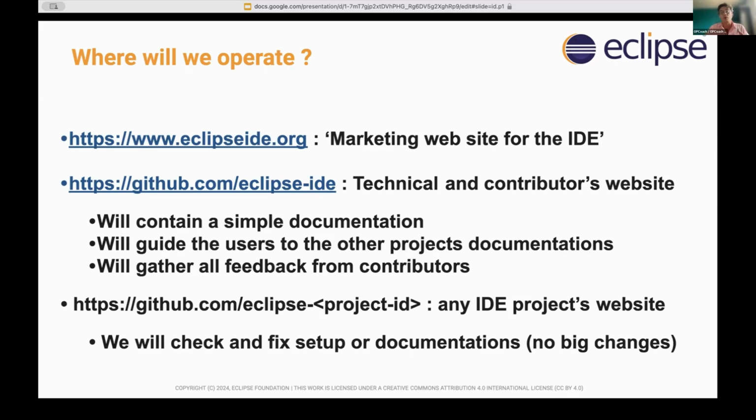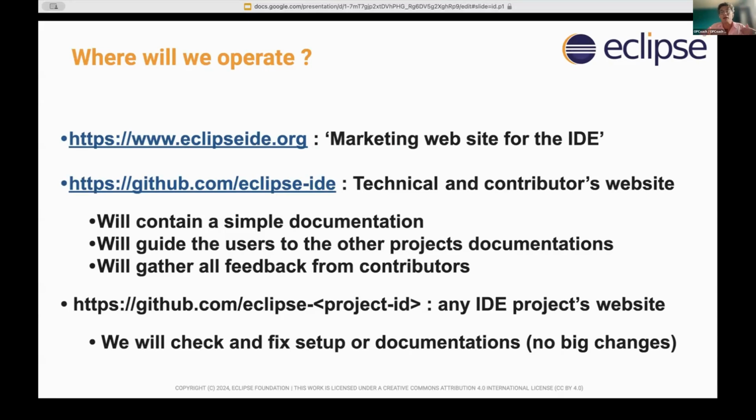The goal is to explain what the different projects are, to unify the documentation, and to explain how to install and contribute to a project, maybe to explain some differences between